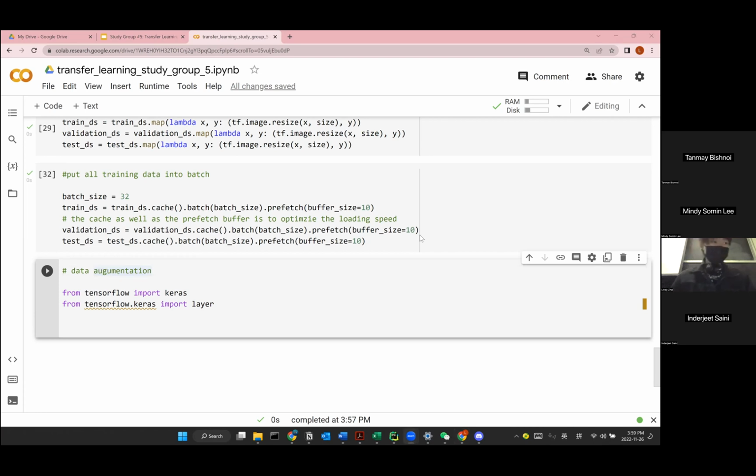Sure. Maybe I just misspelled it. Augmentation. Maybe this. Augmentation. Sorry, I'm actually not familiar with this vocabulary. I think it may be some sort of misspelling of argumentation, but